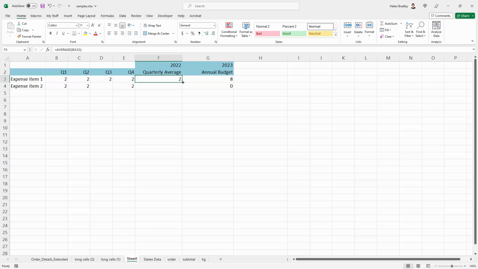But let's copy this down to the next row, where we had an expense item where we spent $2 in quarters 1, 2, and 4, but nothing at all in quarter 3. And we've got a quarterly average here of 2, and that's not technically correct. It should be less than that because we didn't spend anything in quarter 3. If we put a 0 in this cell, then we'll get the correct answer, which is a quarterly average of